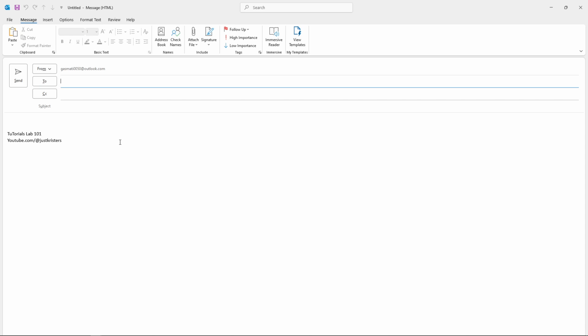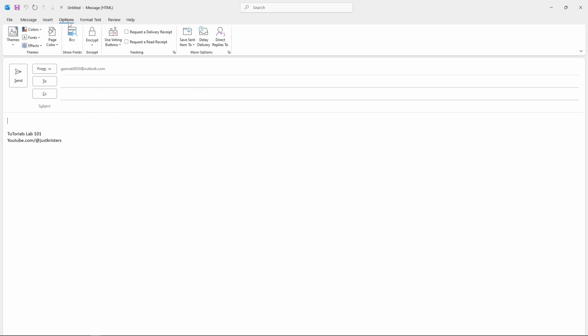From this email composition screen, shift your attention to the ribbon menu at the very top of the window. You'll see several tabs like Message, Insert, and others. What we need right now is the Options tab. Click on Options to reveal a whole new set of tools and settings specific to how your email will be